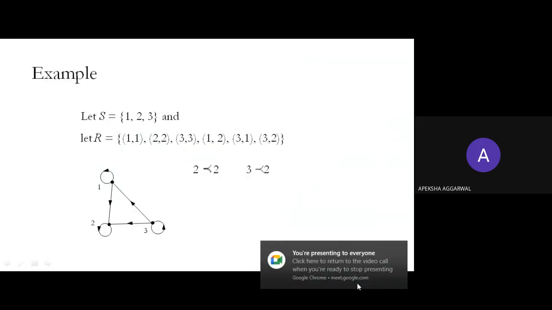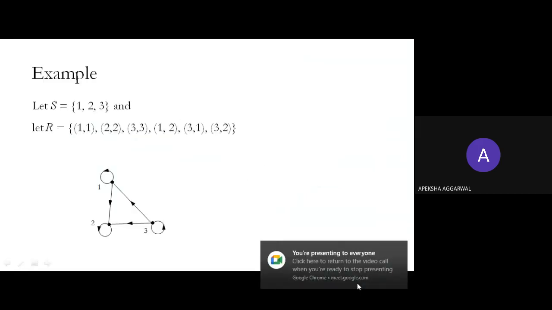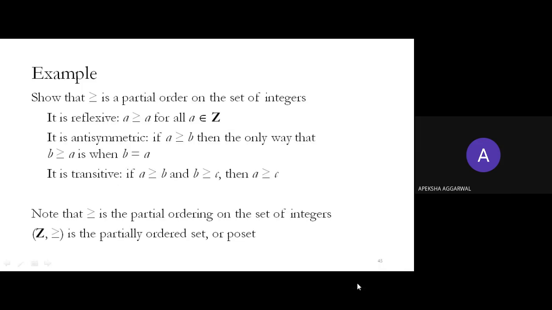Okay. So let's have a look at another example. So this is also a poset. Why? Now you have to prove that greater than or equal to is a partial order on the set of integers. Now you need to check whether greater than or equal to is reflexive. Yes, because the equal to symbol is there. So a = b will always be satisfied.